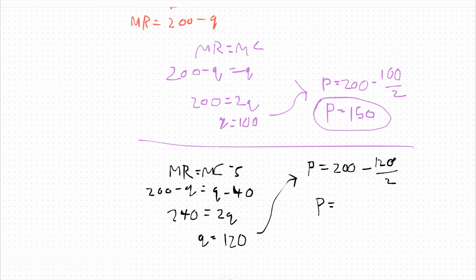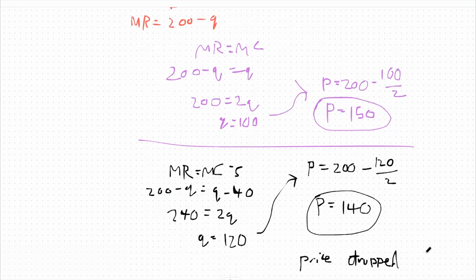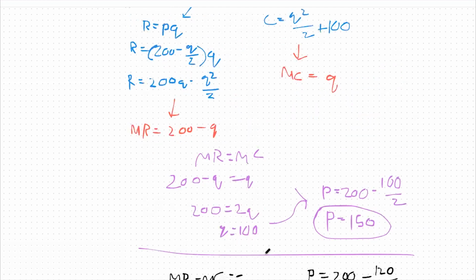So our price in this case is 140 instead. What this means is price dropped by $10. Or in this case, that would be answer choice